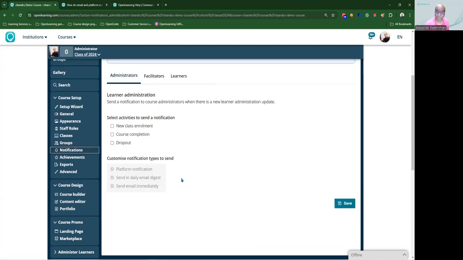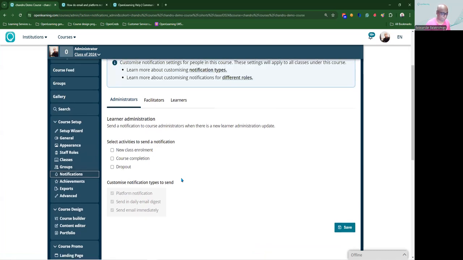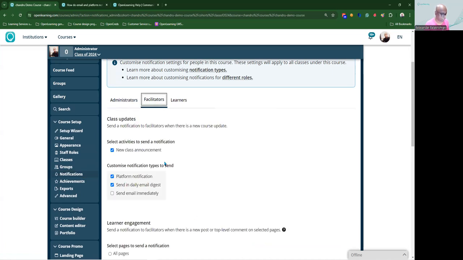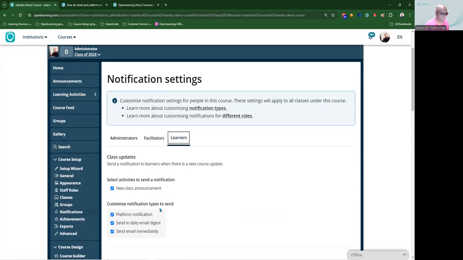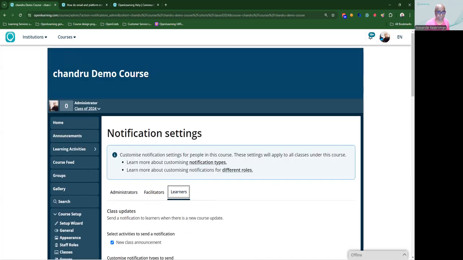All right. So here you decide as a course administrator what type of notification you want to trigger for your own course. So as for administrator, do you want to receive this type of notification? For facilitator, you can choose the ones that are really relevant, and as well for learners. Okay, once you choose the right ones, the notification and settings you feel are right for your course, you also can go and double check your own notification settings,